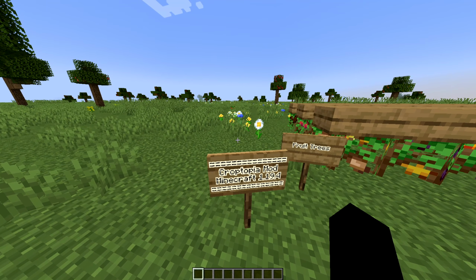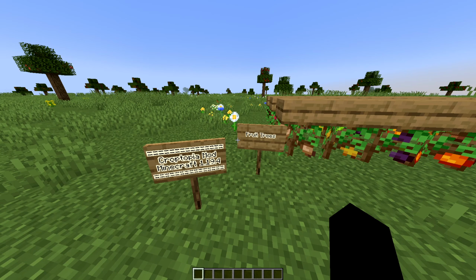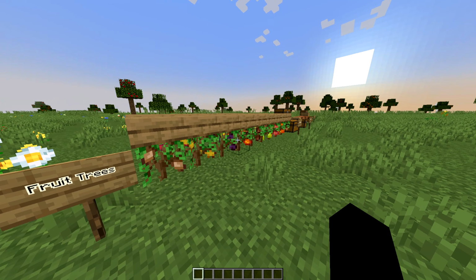So the Croptopia mod, for those who don't know, is a massive food related mod. It adds in 58 crops, 26 trees, and over 250 food items to eat. It is a massive mod. If you're a fan of harvesting, gardening, or just eating different kinds of foods in Minecraft, this is the mod for you. Because it is so massive, I'm sort of going to skim over a lot of the things,